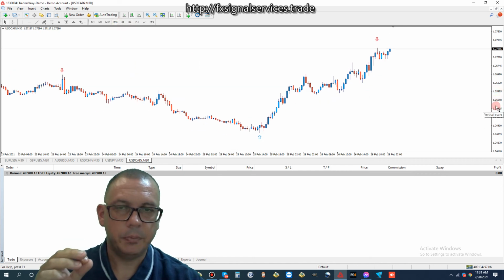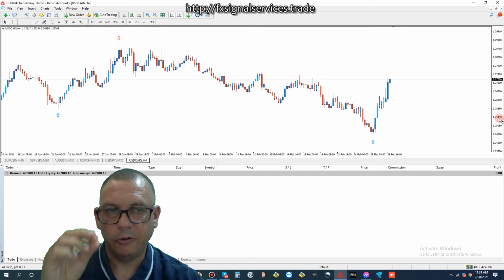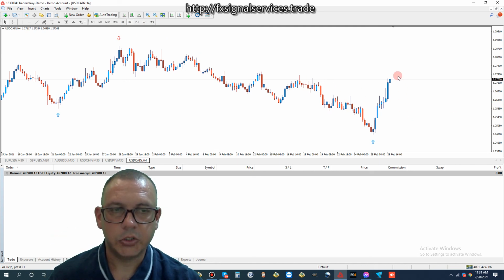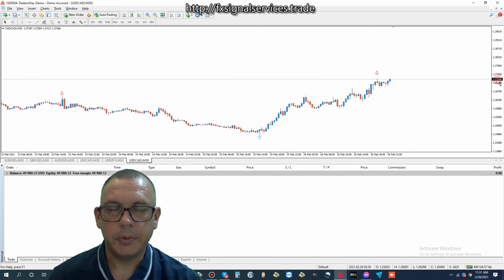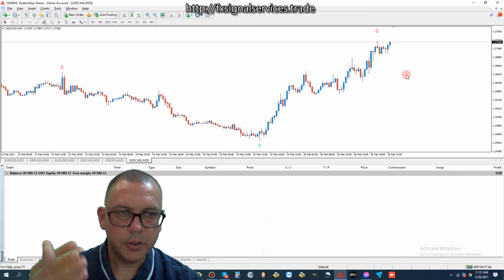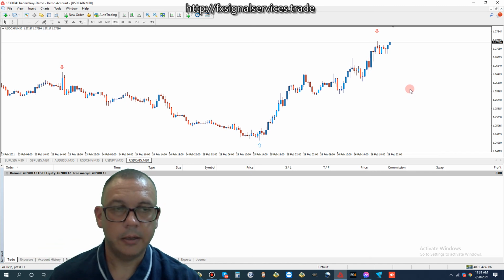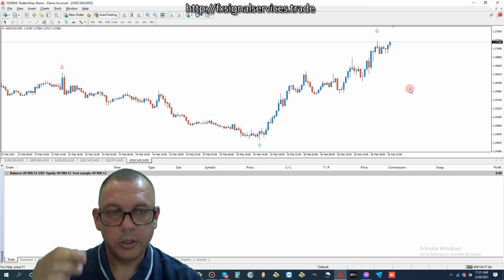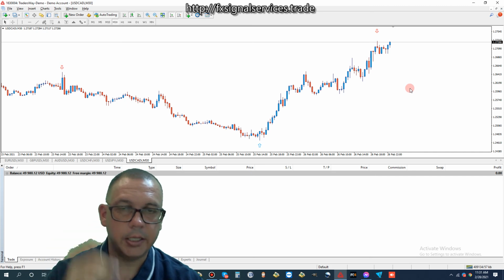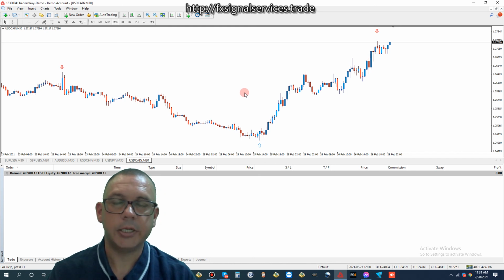And for this particular pair, I would look for buy opportunities only. Okay, if there was a signal to sell on the 4-hour, I would say you could both buy and sell. But right now it's very strong going up. So keep your charts on a 30-minute time frame. Right now is a red arrow, as you can see. So wait for this to drop. It's going to drop some. You probably have to wait till about Tuesday or Wednesday before you can actually buy. Okay, and once you get the signal to buy, then you can place your trade and close it when you get the opposite red arrow. Okay, so that concludes my weekly trade predictions.